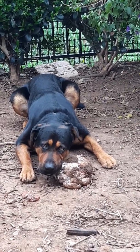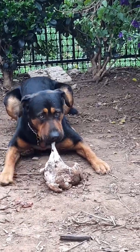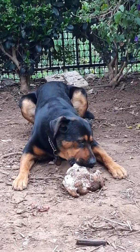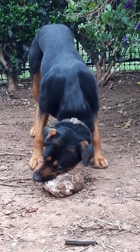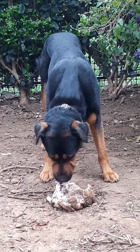I get them on sale. It's when the chicken bones are cooked that they splinter and they're bad for the dog. And for those who are afraid of parasites, he has stool samples every 6 months. He's 2.5 years old. He's been eating these since he was about 4 months old, and he's never had any